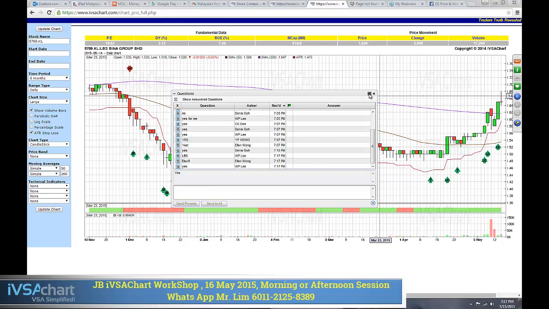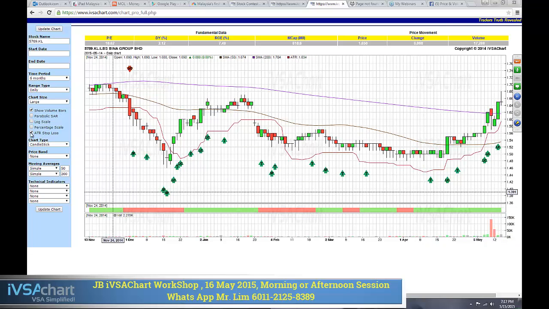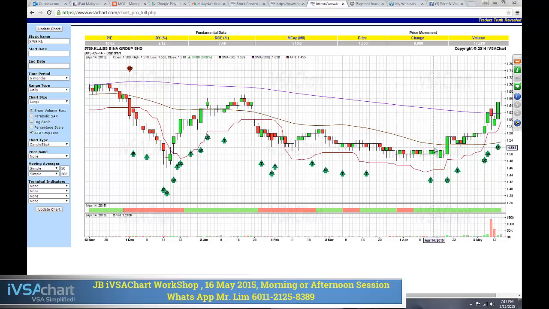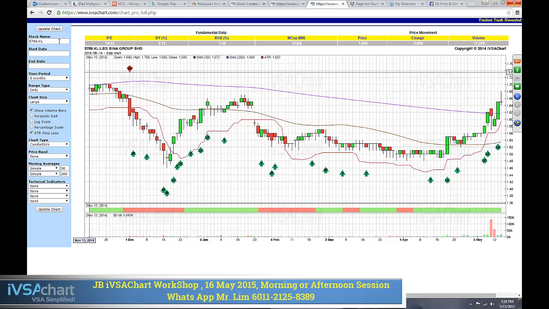Yes, yeah. This is a nice one. The LBS, I think it's gone higher, right? You can see it's still green. It's still above the ATR stop loss. Actually, the way to trade is very simple. As long as it's at the beginning of a stage 2, you can see this green region here is green, you just let the profit run, like what I do with Mitra. Quite straightforward anyway. Let's look at Elsoft.